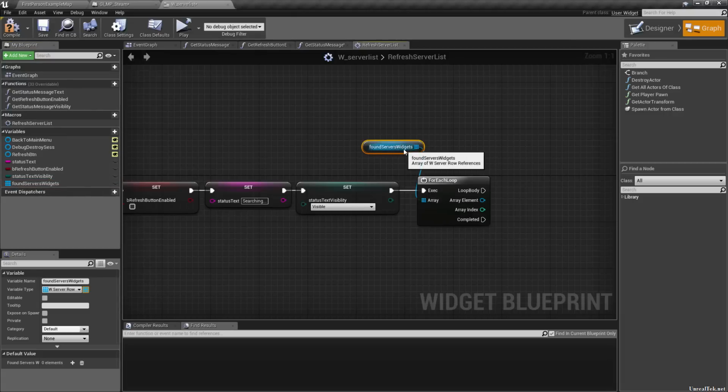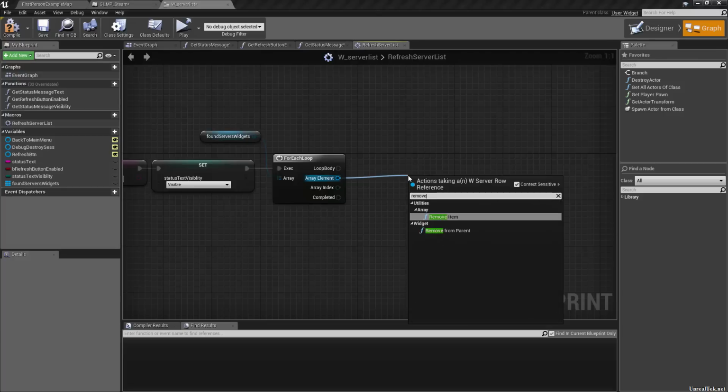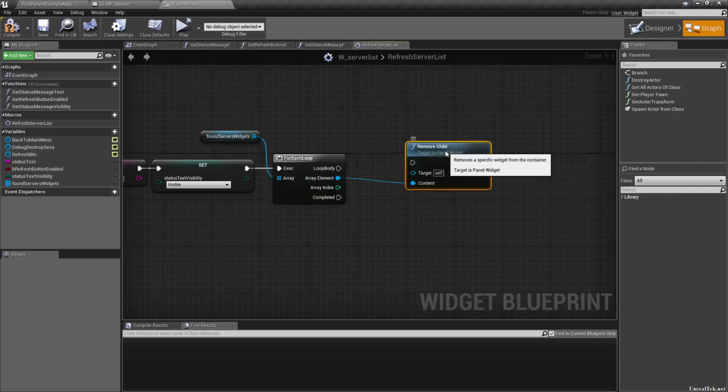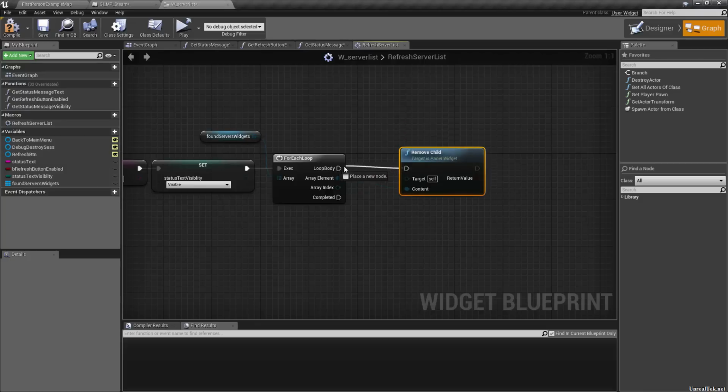So we want to cycle through each found server if there's more than one. So we want to take the array elements. So we want to take that server row reference and we want to do a remove child. And if we turn off context sensitive, remove child just like that, because we need a target. And that target, I'm going to put in the execution first, is going to be our,